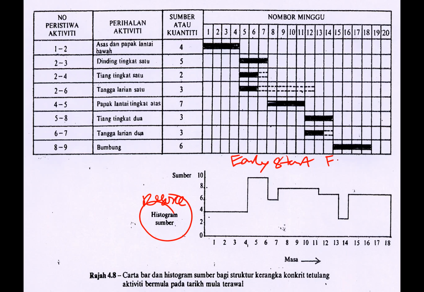Remember, early start and then early finish date of each activity. And when you plot the graph, how do you plot? Where do you get this graph? How do you get this graph? It is actually based on the resources. This is basically the resource